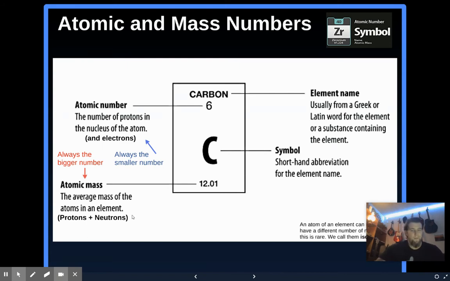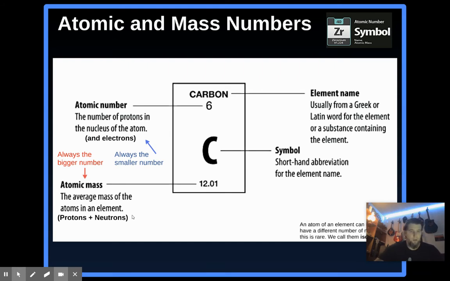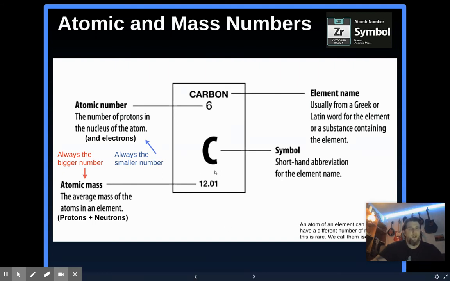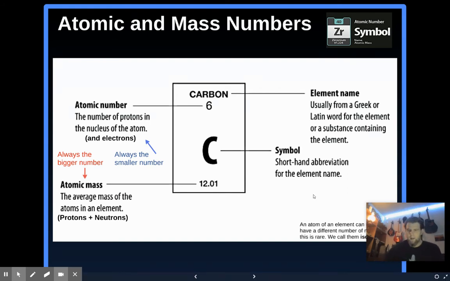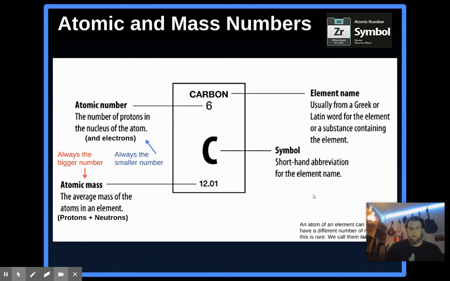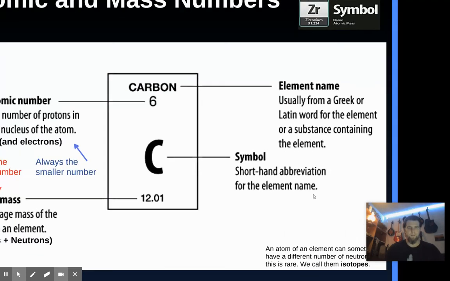Because if you remember, we can have isotopes, which have a different number of neutrons than protons. So because of that, there can be different versions of carbon, different flavors of carbon, if you will. And this number here is just all of the masses. So if you added up a bunch of the different isotopes and averaged them out, you would get 12.01. And so that's what we see on the periodic table, all these symbols on these tiles that have so much information that we can read through.